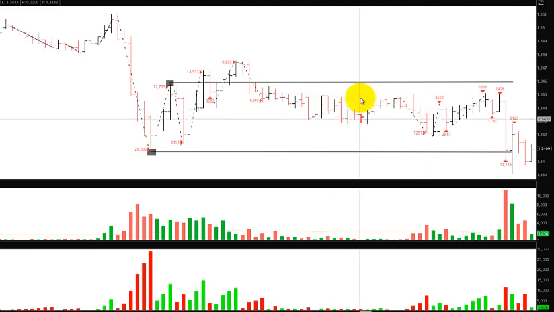I see people drawing trend lines inside of little ranges like this, and they think that it's going to work and it's going to break and it's going to go, and then they get stopped out, and then they do it again, and then they get stopped out. On days like this, it's not a very good idea to trade inside of these ranges with those little hacks. I'm going to refer to them as hacks. I know that they really aren't. They're valid trade opportunities, but when you understand the mechanics, the mechanism that's driving and moving price,